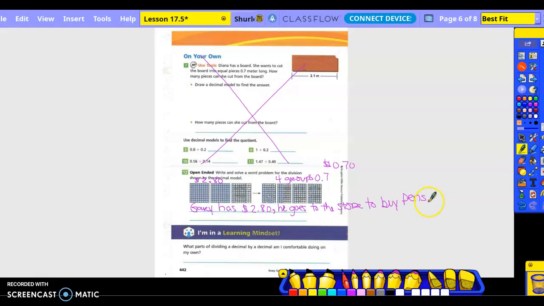So each pen costs 70 cents, comma, how many pens can Gary buy? Okay, and then so our answer would be 4